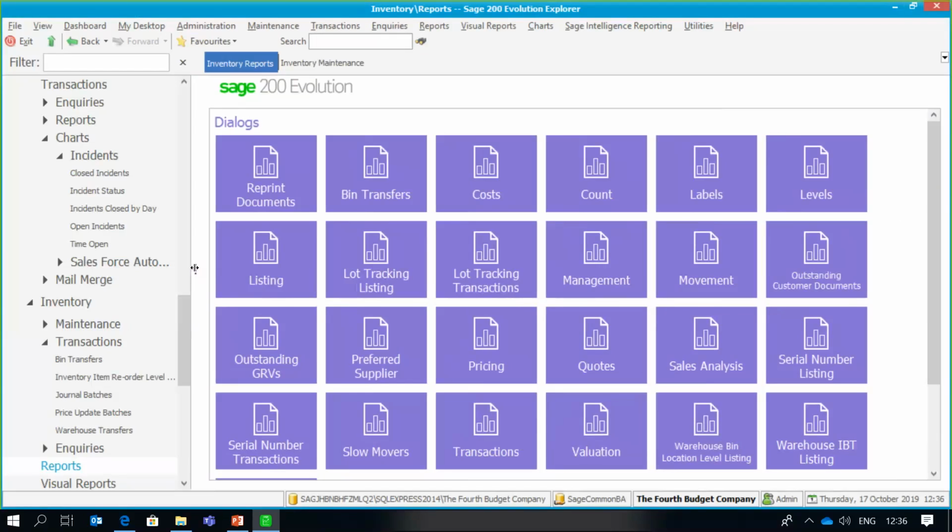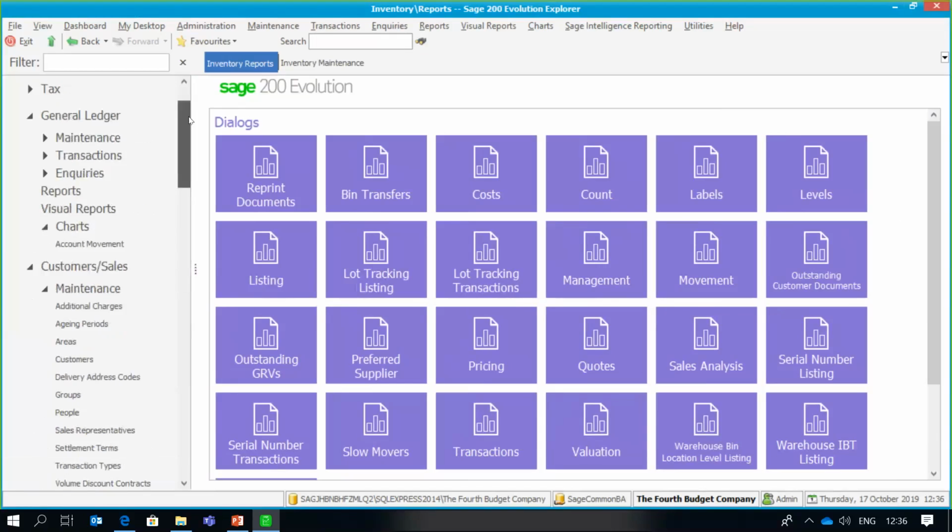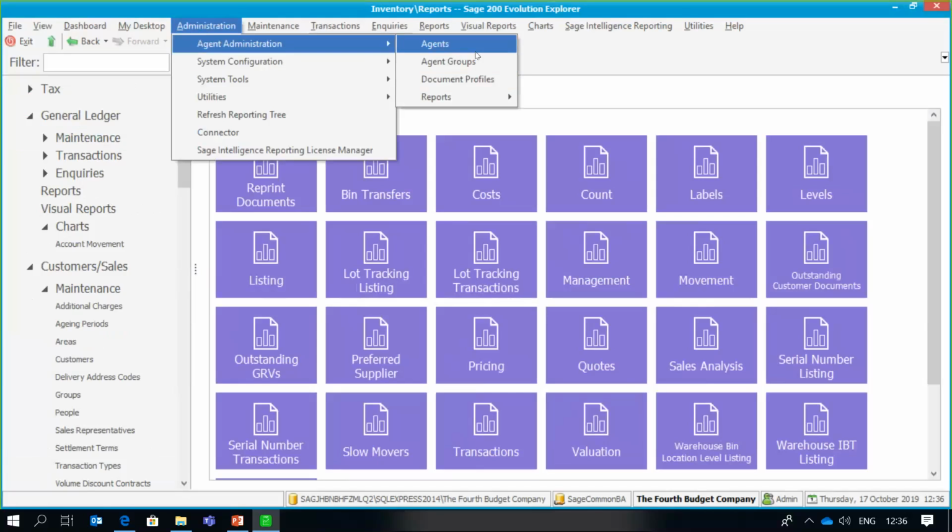Now, the system tree, as you can see, is just details of all the applications available, inquiries, reports, maintenance, etc. And I, as administrator, once I know exactly the role of that agent, can simply go and customize that user system tree so that the agent will only be able to access and see the relevant nodes and dialogues that are applicable to their roles and responsibilities. And then once I've done that, I can go and allocate access permissions based specifically on those roles and duties. So to explain this, I'm going to go to Administration and Agents,